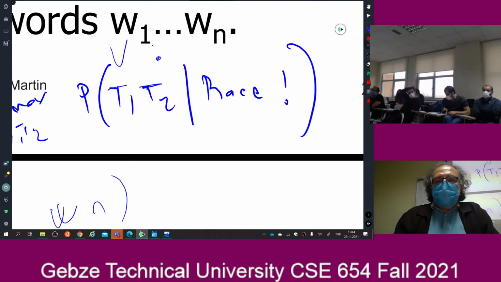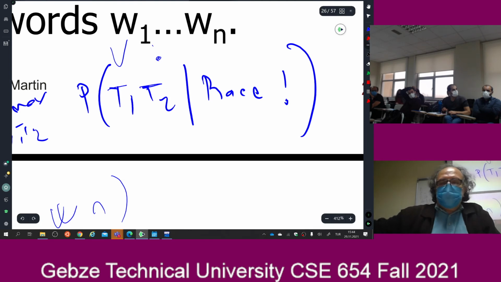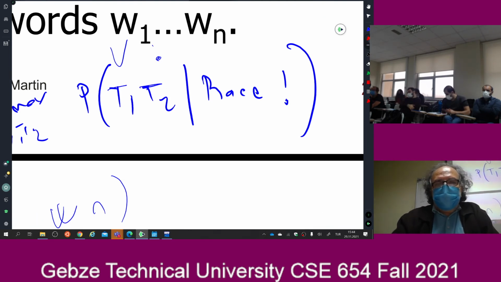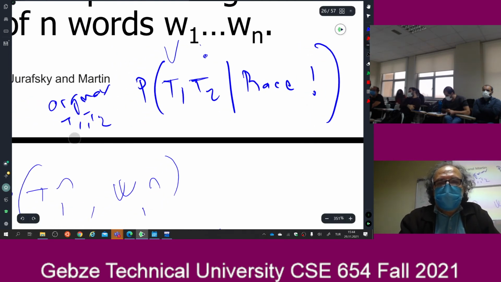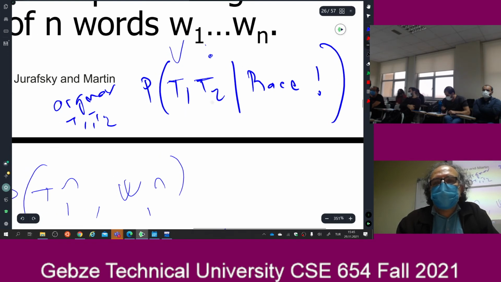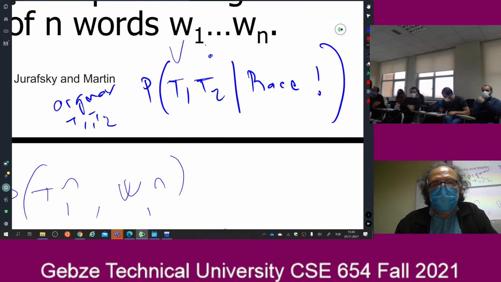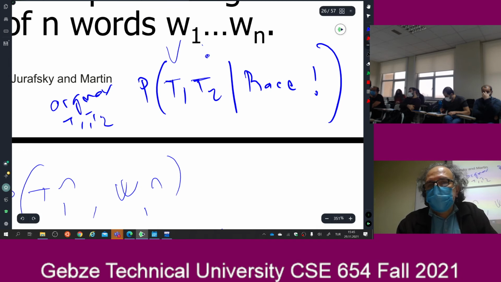If somebody says "race?", what would be the most appropriate tags for T1 and T2? The argmax picks T1, T2, assigning these two marks so that this probability is high. So how would you do it? I think I would